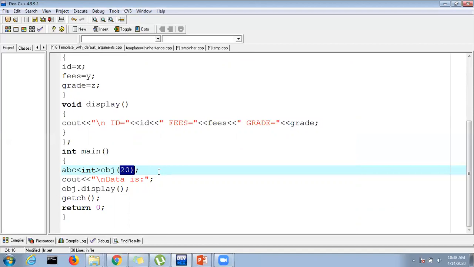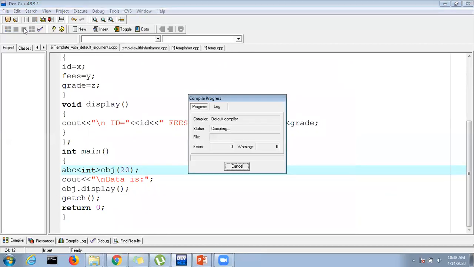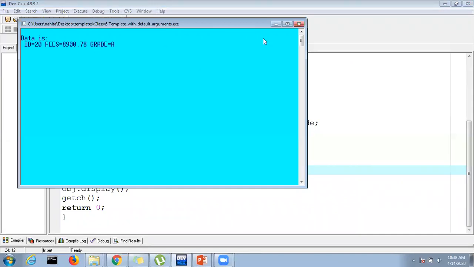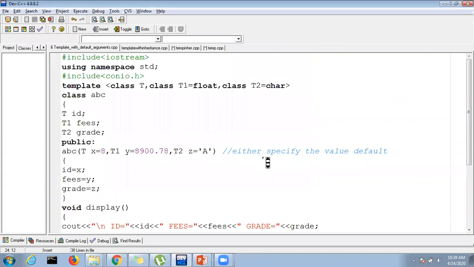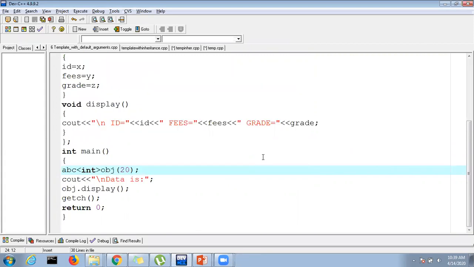Okay, so which value will be picked? The one that is entered by the user. Okay, see here, ID 20 and this thing. This is all about your template with default arguments. Okay,